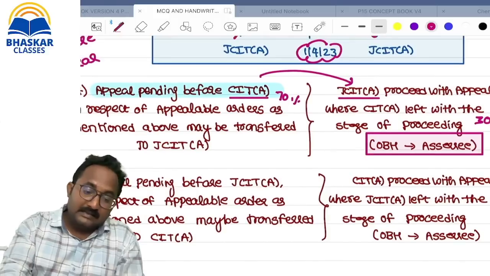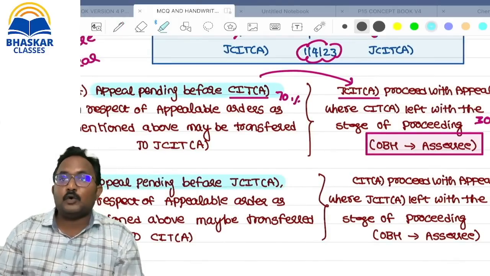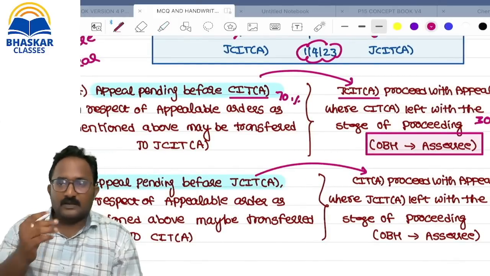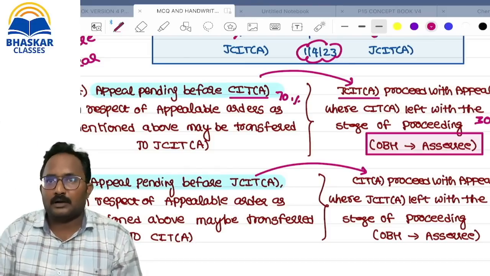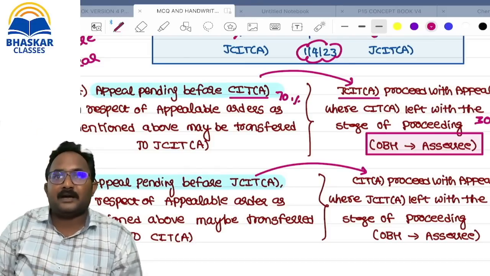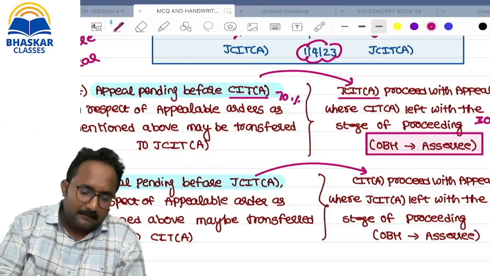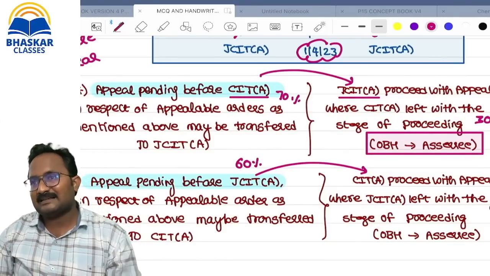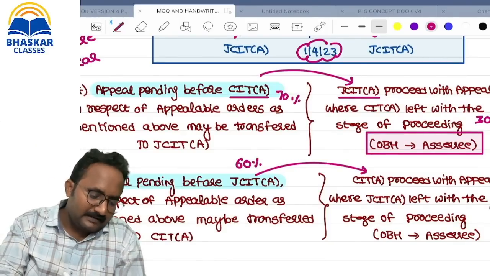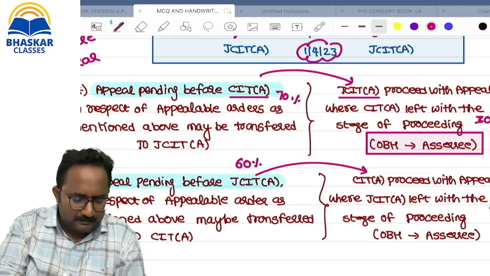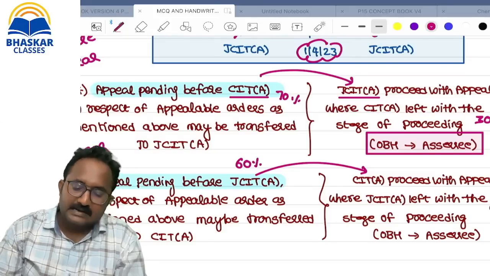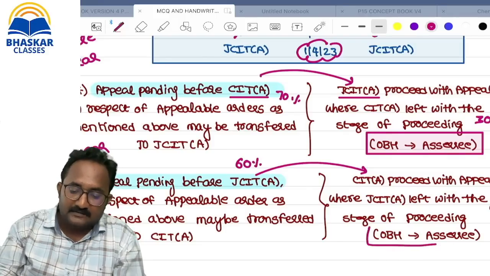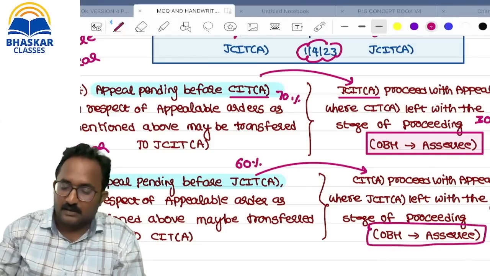Next, like this only, if any appeal was pending before JCIT, they can also transfer it to the CIT. JCIT is doing the work, but they are unable to do that work. They can transfer that work to the higher appellate authority. Who is the higher appellate authority? CIT. Example, here 60% work is done, the remaining 40% only can be done by the successor. Here also, the SSC is the same. I am the SSC. Now, my file is transferred from the JCIT to the CIT. On that occasion, they need to provide a reasonable opportunity of being heard to the SSC. Are you clear with this?